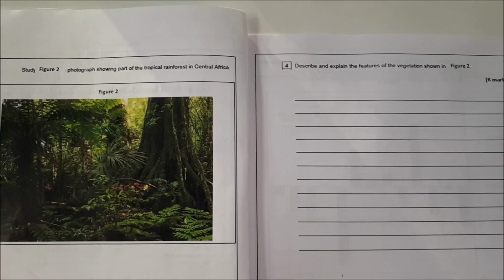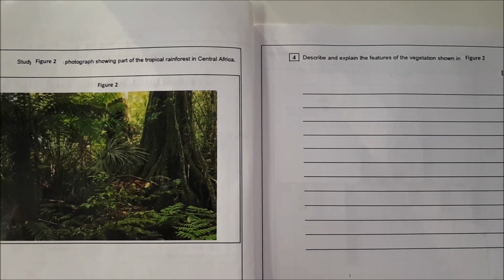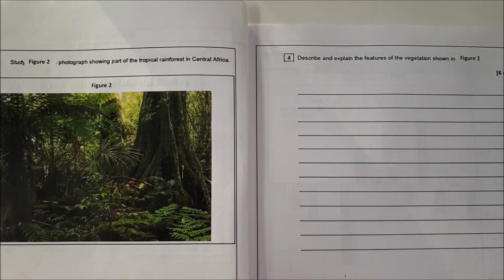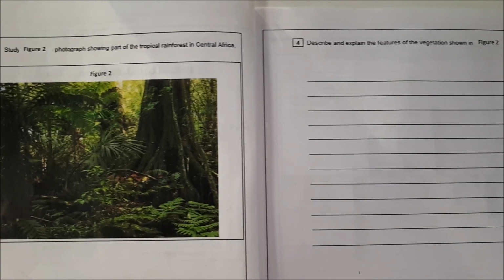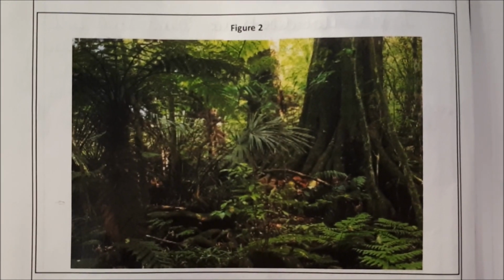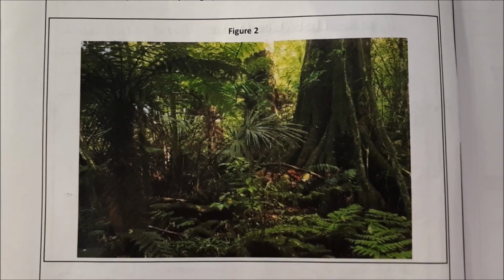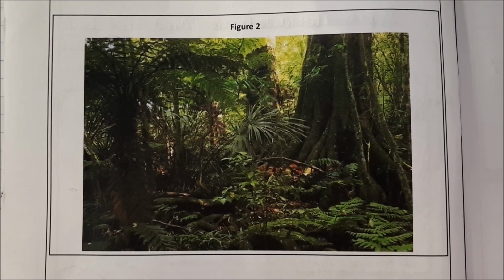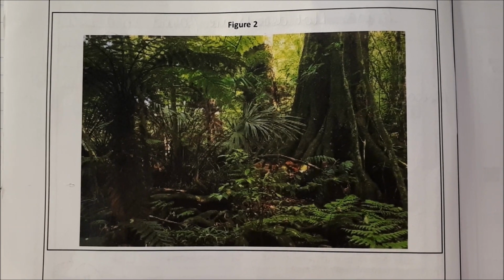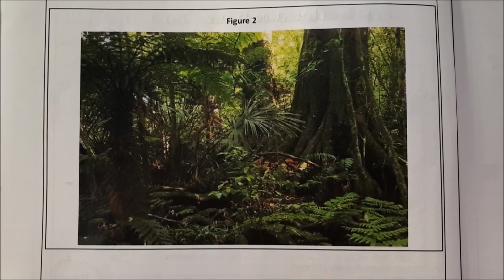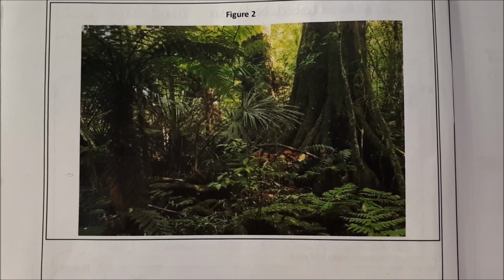The next question to look at was about rainforests. And you were given the image on the left-hand side. And the question is, describe and explain the features of the vegetation shown in figure 2. Now, figure 2 is absolutely vital here because the question is asking directly about the vegetation in this picture. Several students failed to pick up any marks here because they saw this question as a way to write everything they knew about rainforests